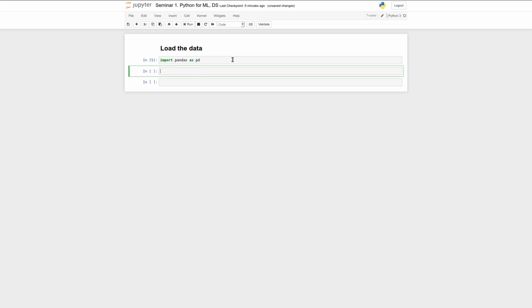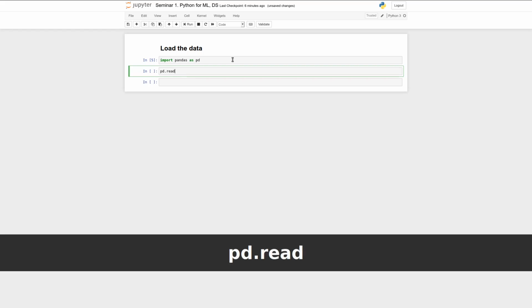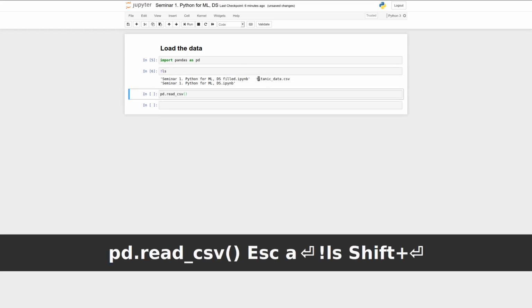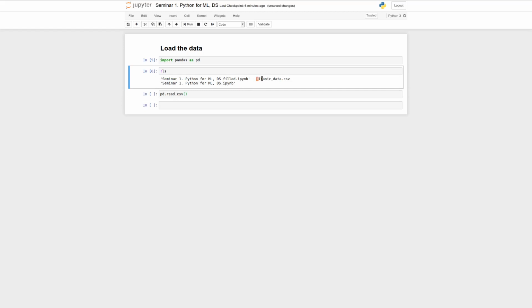So basically this is a Python version of Excel, but much more powerful. And we could read the data using the read CSV function, which takes as an argument a complete path to the file. So for example, pd read CSV, and the file name is Titanic data,